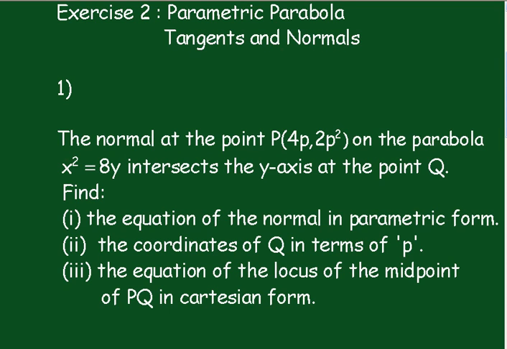Exercise 2, parametric parabola, tangents and normals. So here are a couple of HSC style questions. Number 1, the normal at the point P, 4P, 2P squared on the parabola x squared equals 8y intersects the